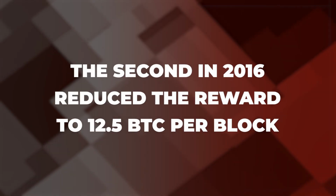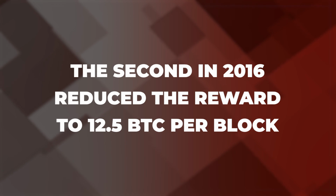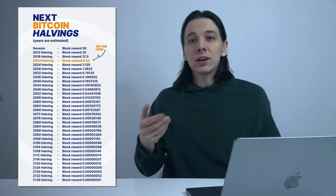So, yep, that was actually real. Just imagine such rewards right now. Anyways, this marked a historic moment for Bitcoin and set the stage for future halvings. The second, in 2016, reduced the reward to 12.5 BTC per block. The third, the most recent halving, occurred on May 11th, 2020, further reducing the reward to 6.25 BTC per block. And quite soon, this will drop to just 3.125 Bitcoins, marking the fourth BTC halving